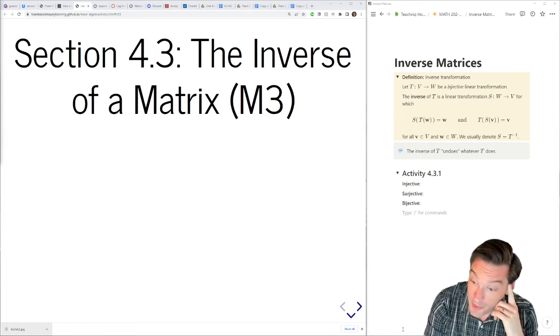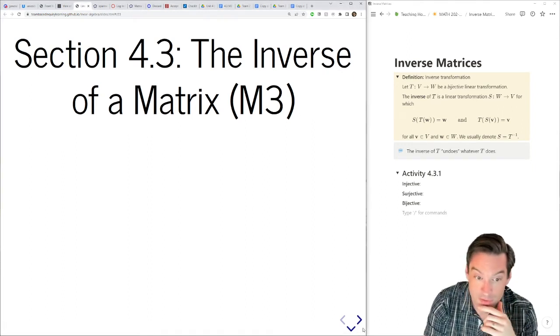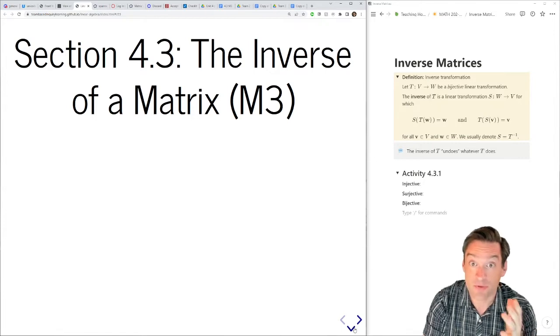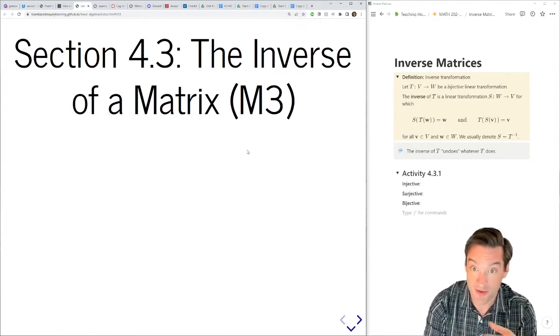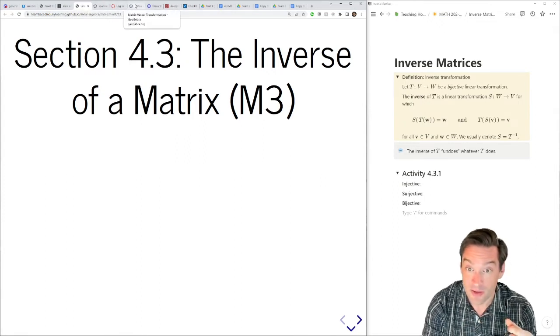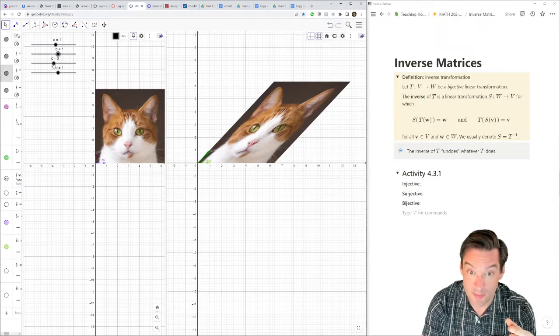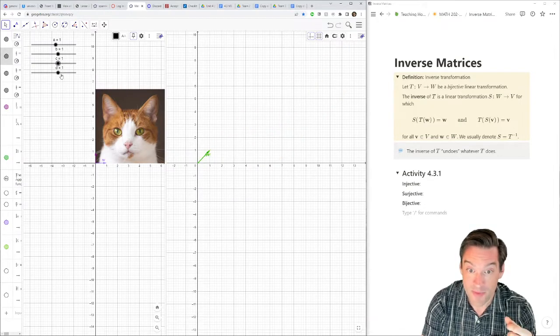So the first thing we want to know is what kinds of linear transformations should we expect to be invertible? How are we going to be able to tell when a linear transformation has an inverse and when a linear transformation might not have an inverse? So real quickly, an example of a linear transformation that might not have an inverse might be something like this,